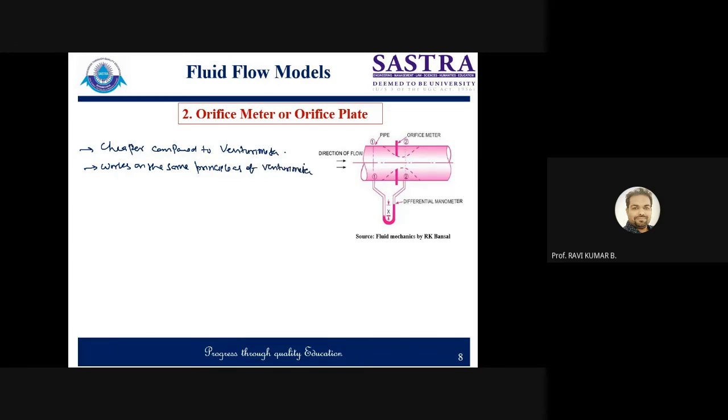All right. So it consists of a flat plate. You look at this plate. This is a flat plate. It is having a very small hole at the center. So it is a flat circular plate which has a circular sharp-edged hole here. If I say sharp edge, I'm talking about this area. If I draw here, sharp means all of a sudden it will be like this, right? Entry. So from this side, if you are drawing, it will be something like this. So the hole is something like this. All of a sudden the flow is coming, it is contracting, then expanding.